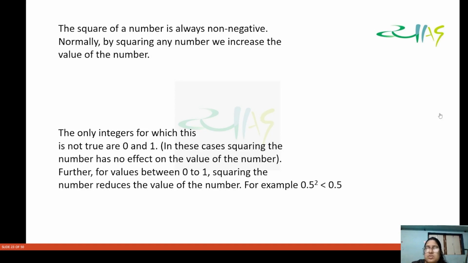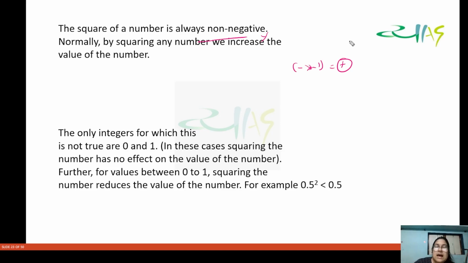See, now the most general thing is that the square of a number is always non-negative. Okay, किसी भी नंबर का स्क्वायर हमेशा नॉन नेगेटिव ही होता है, बिकॉज माइनस माइनस व्हेन यू मल्टीप्लाई यू ऑलवेज नो दैट दिस बिकम्स पॉजिटिव। ओके,